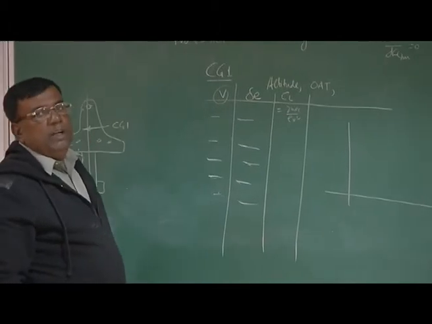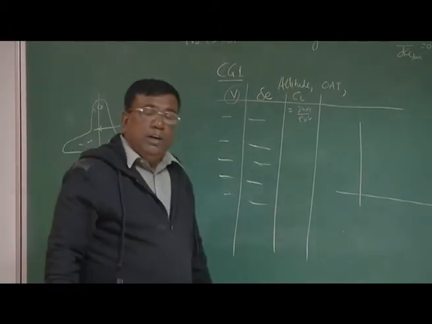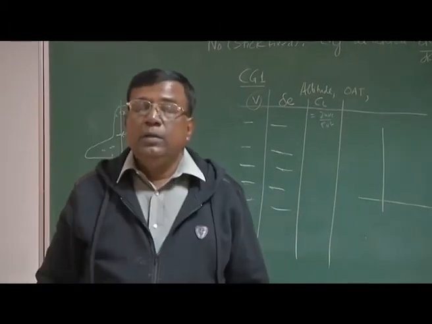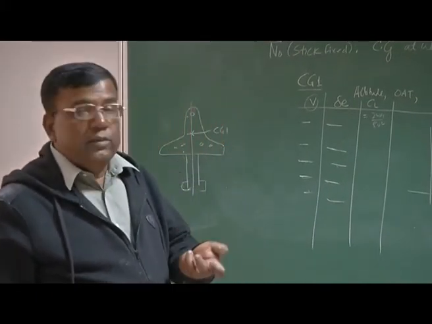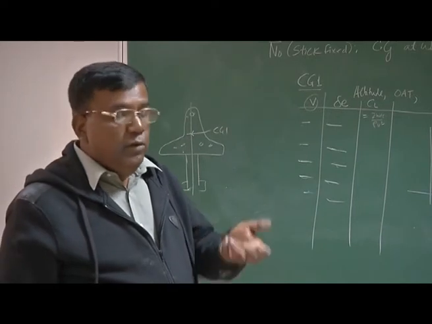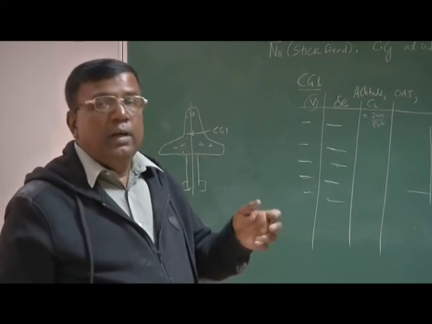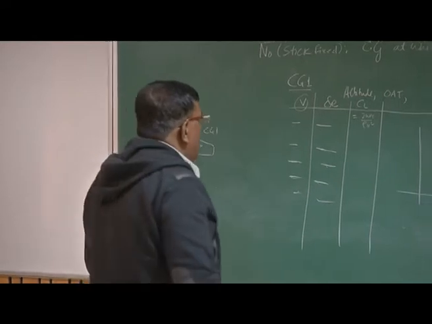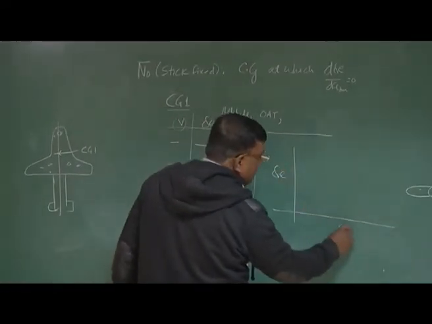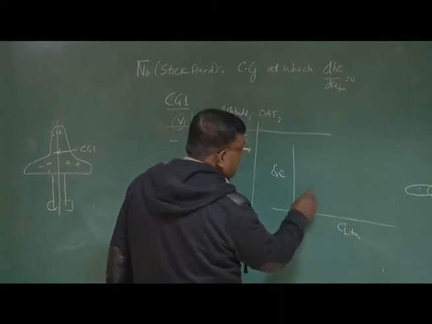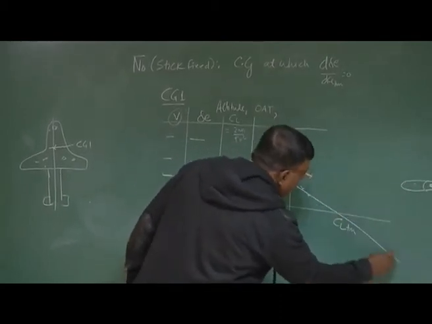I can measure the weight of the airplane. I take the weight of the airplane and the ground, passenger, and then I know what is the fuel consumption. I take a stopwatch, see how much time is consumed, subtract that much of fuel, and I get the average weight. So I can easily calculate CL. So what I do, I plot delta E versus CL trim. So I will be getting some graph like this,